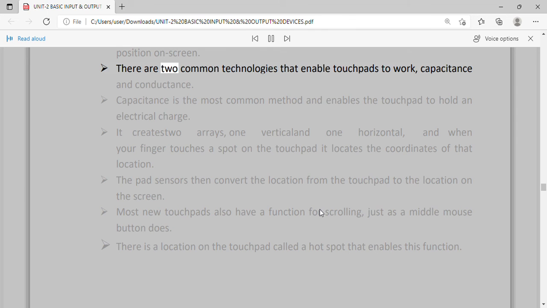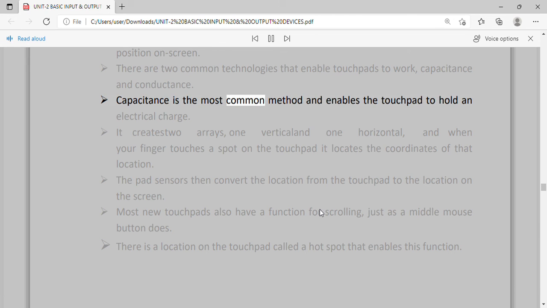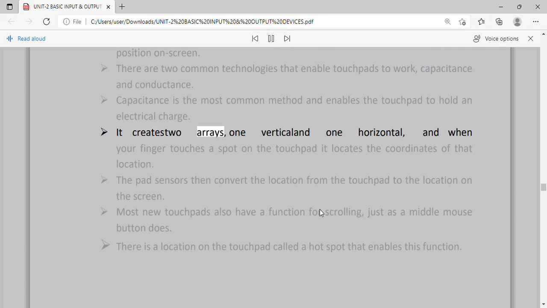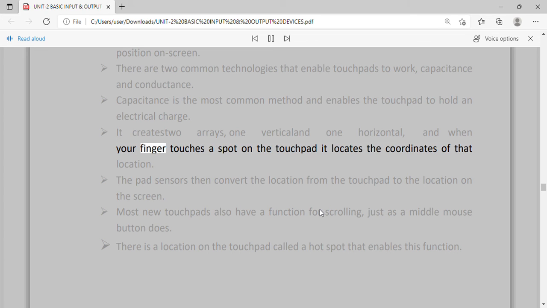There are two common technologies that enable touchpads to work: capacitance and conductance. Capacitance is the most common method and enables the touchpad to hold an electrical charge. It creates two arrays, one vertical and one horizontal, and when your finger touches a spot on the touchpad, it locates the coordinates of that location.